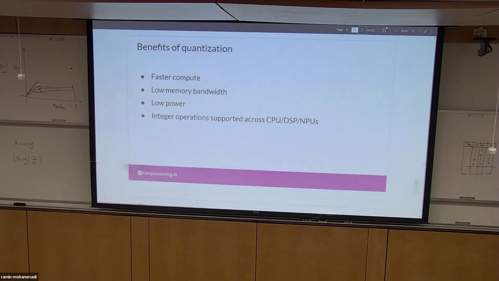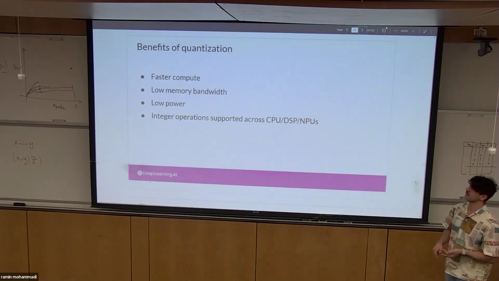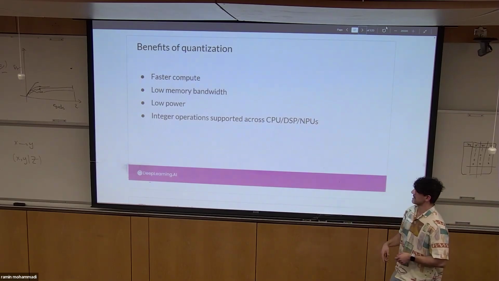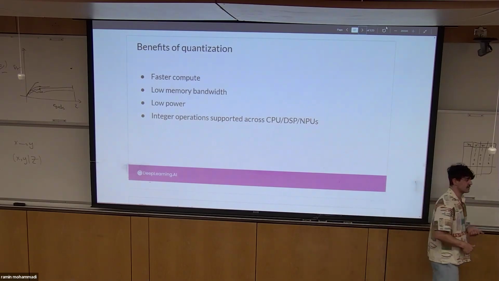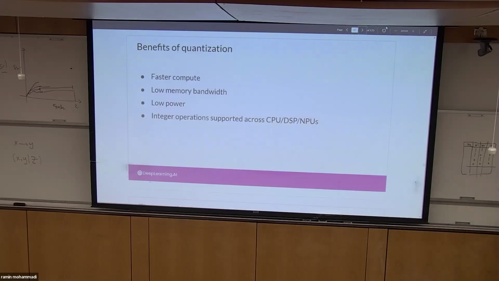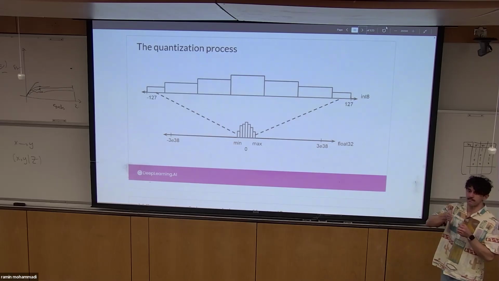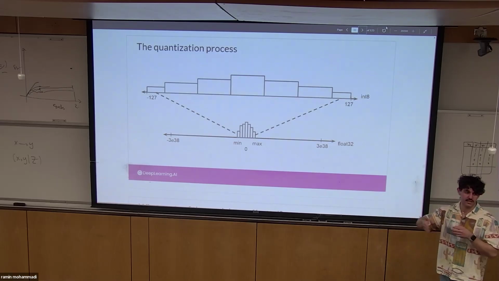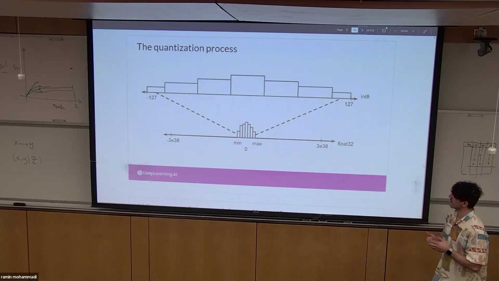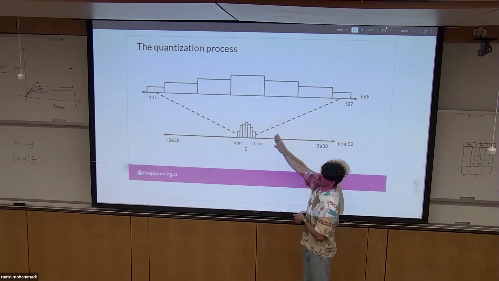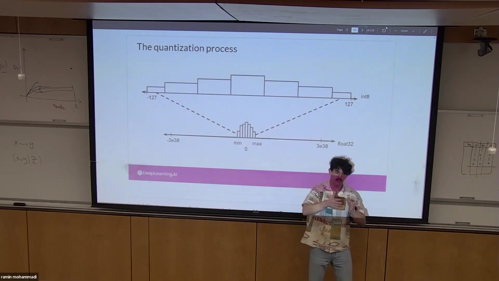Now, the benefit of quantization is faster compute, lower memory bandwidth, and lower power, and it supports CPU, DSP, NPU, TPU, GPU. So all of this basically works. And this is overall quantization. Again, it's just simply bucketizing the float numbers that you have. So if you have this float 32, you create the buckets by changing the range to make it